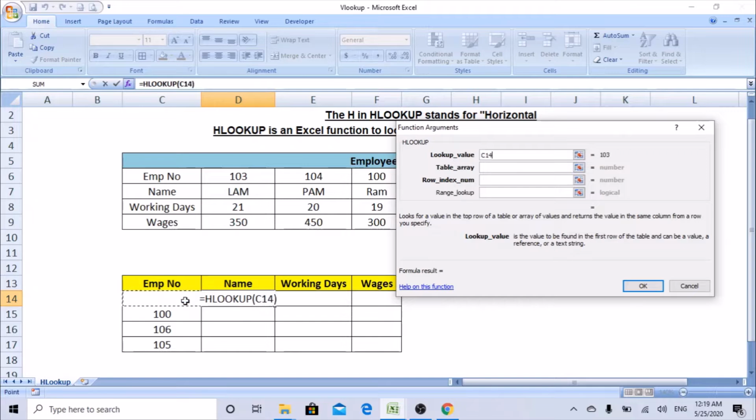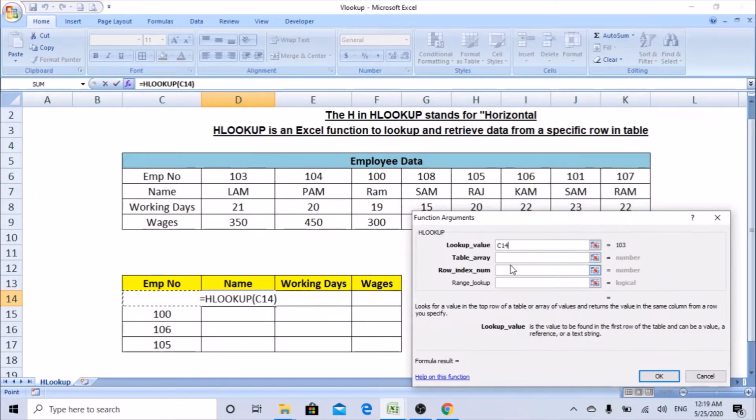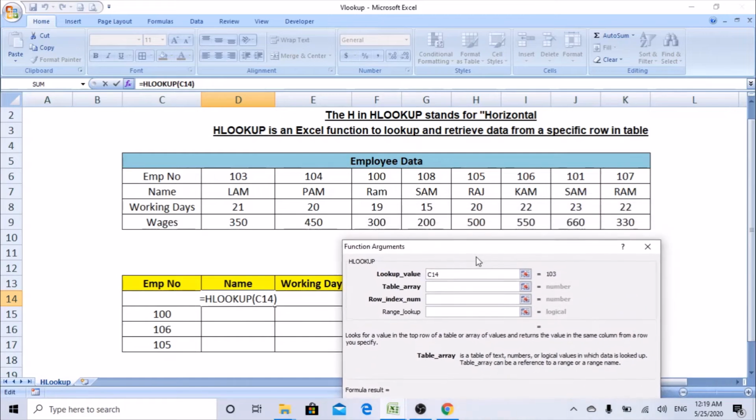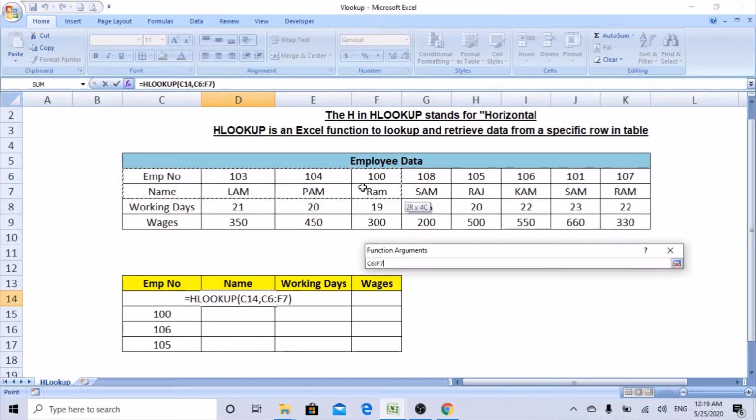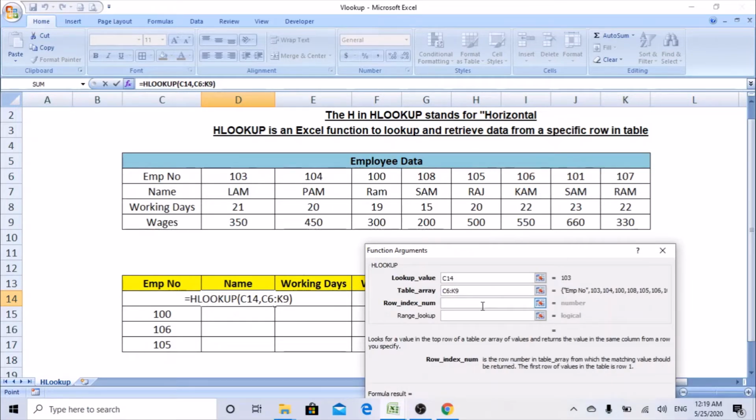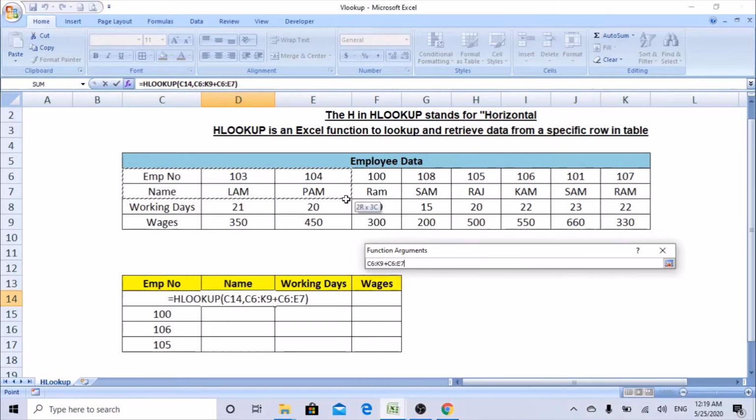So let's say select 103, C14, go to the table area. Now the table area is the data which we have. You can select it from employee, and drag it down. So now you have selected the entire data and the row number. Now you need to be careful what you are selecting. It's asking for a row index number. So we started from here, right? If I was selecting and dragging the cursor down, it says on the right,